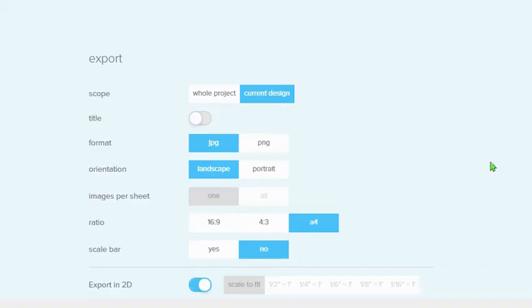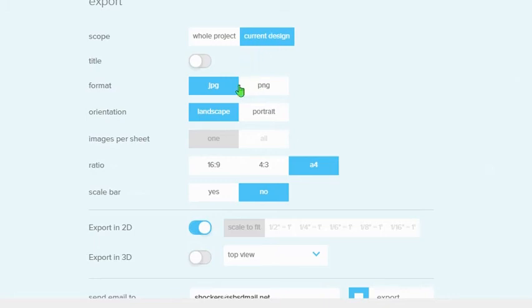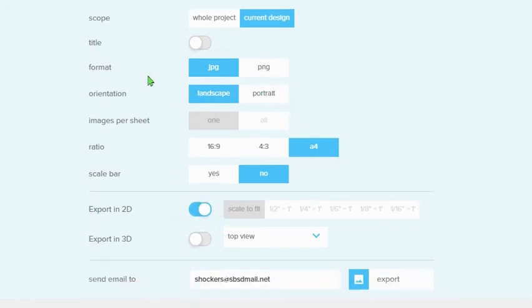Export 2D Image gives me a whole bunch of settings. I would leave them as is. Unless you have a house that is taller than it is wide, I wouldn't mess with the ratios and so on. Leave this just scale to fit, and then you're going to type in my email address,